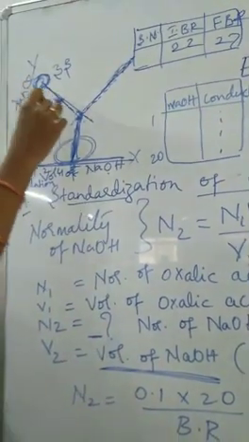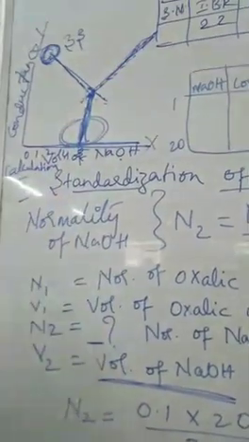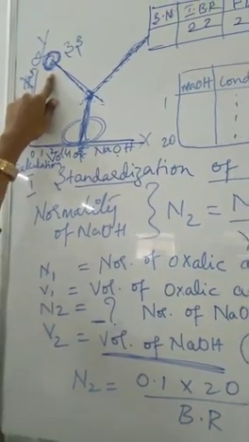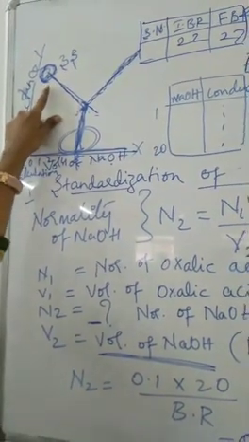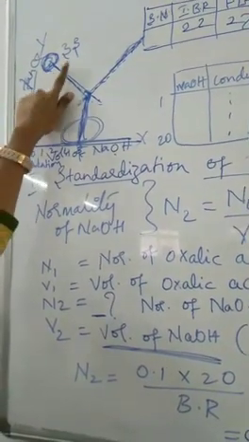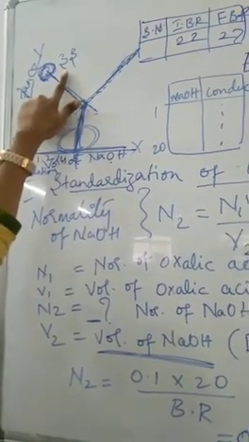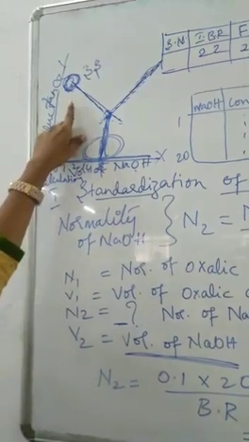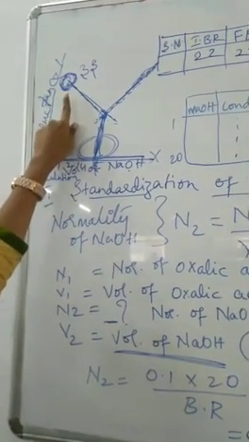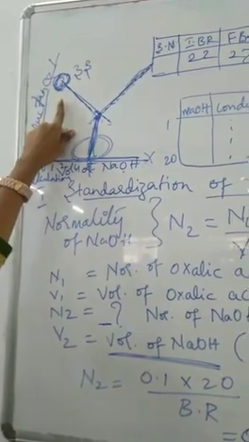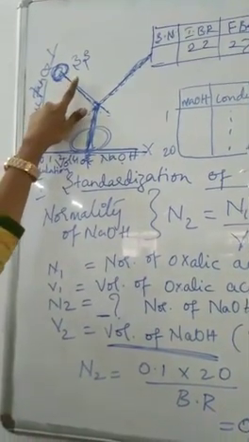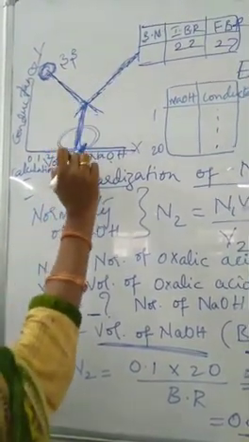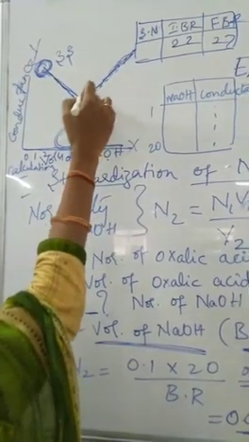Why is there a decrease and then an increase in the conductance values? Before the addition of sodium hydroxide, the HCl solution shows high conductance due to the mobility of the highly mobile H plus ions. The maximum number of free mobile H plus ions gives the conductance value. Slowly the conductance decreases, and then it increases again; this is the point.